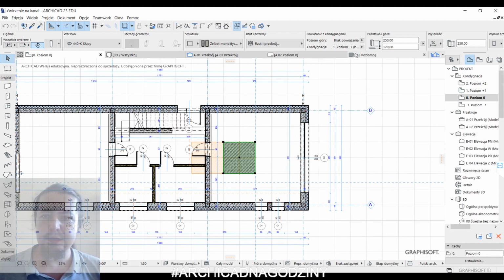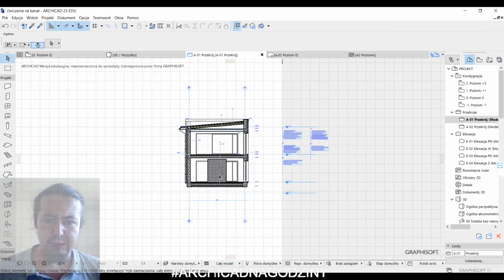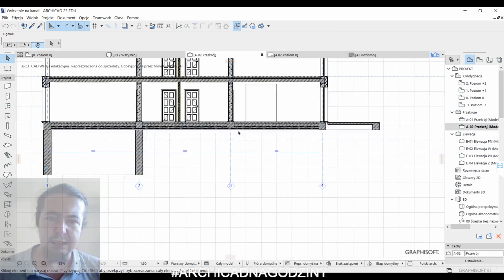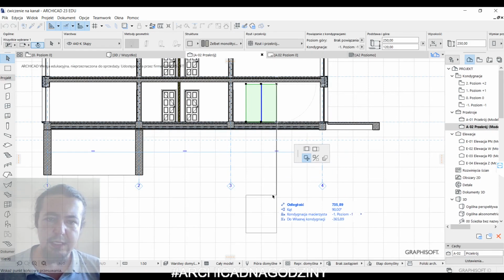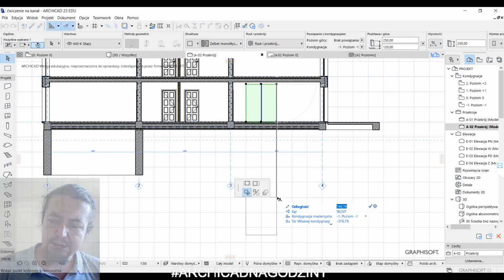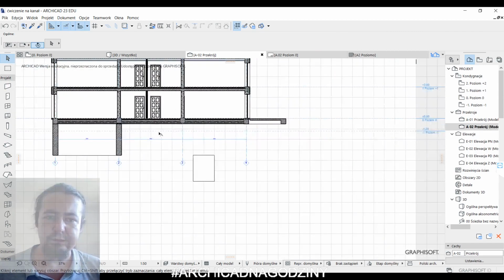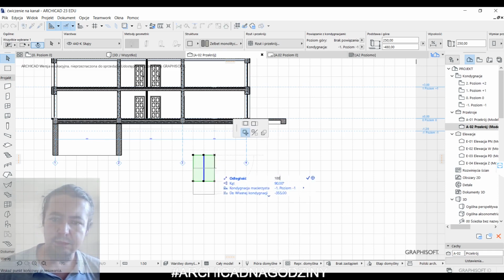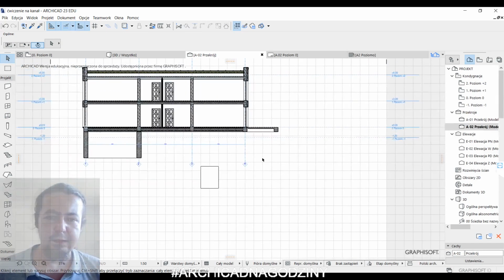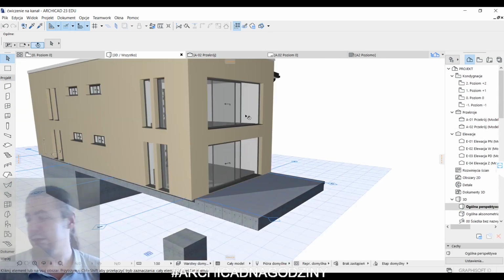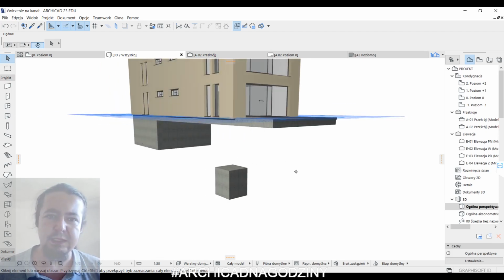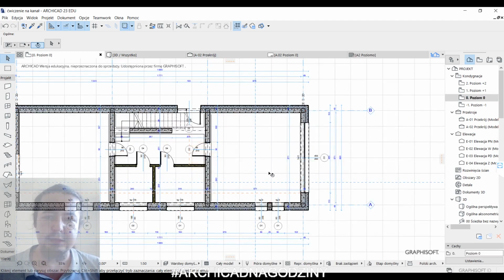Okay, let's see the cut. The cut looks like that, and cut in opposite side. And now our terrain will go like this, so we can move it 6 meters lower. Like this? No, 1 meter more. Okay, so we've got our building ready. Yes? No, we have not. We need still